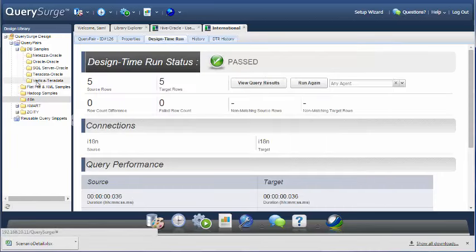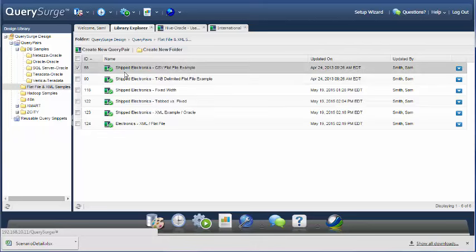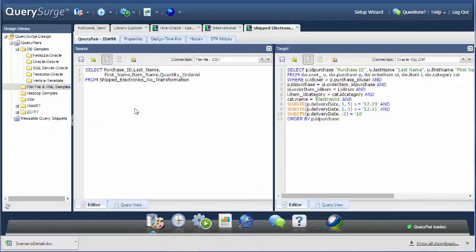Another helpful example might be to look at one of our flat file versus database examples. You can see that we've got a flat file query on the source side, an Oracle query on the target side. The point of this query pair is to show that flat files can be queried by using a standard SQL syntax. The way that happens is that QuerySurge ships with a JDBC driver for flat files so that your flat files, once they're set up, look like database tables to QuerySurge, and you can query them with a very